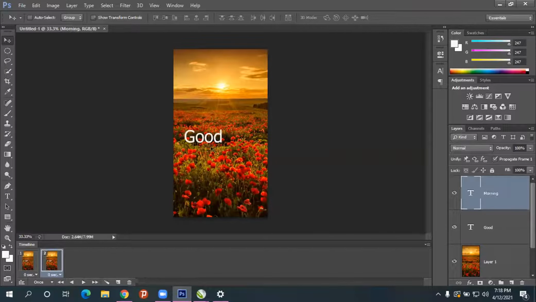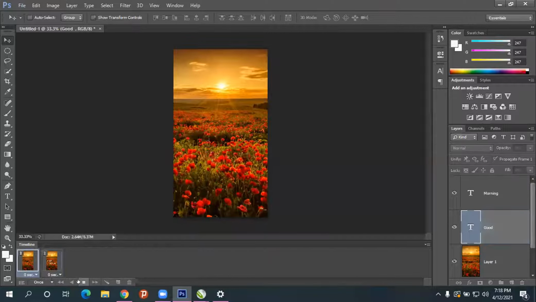Select the second frame. And this good morning, I'll move it side by side. Then afterwards, I'll move this frame only this side. I got it. Now you play and check. So it is coming now, disappearing and coming. Got it? So in the first frame, it is not there. The second frame, it is there.